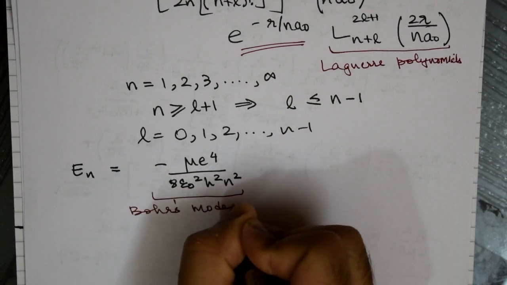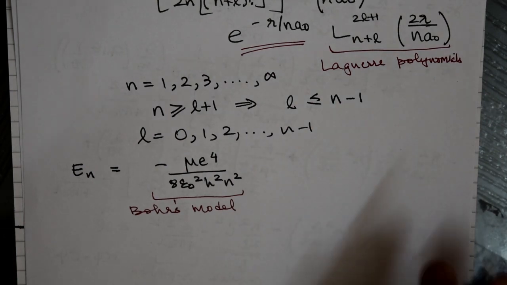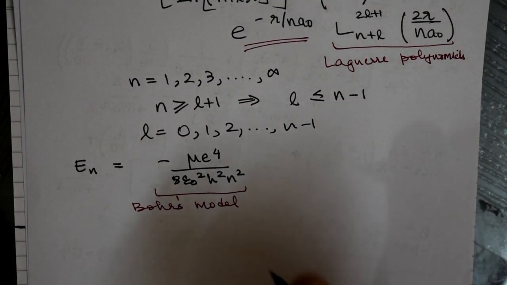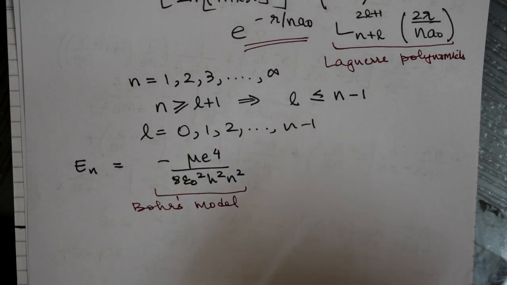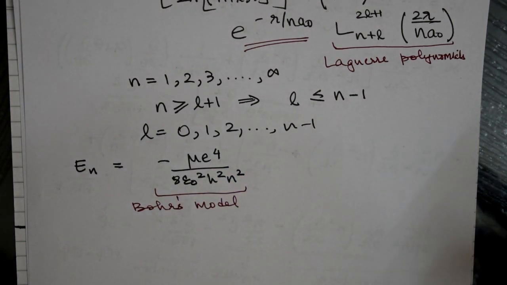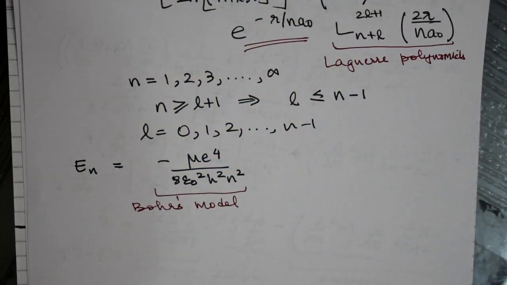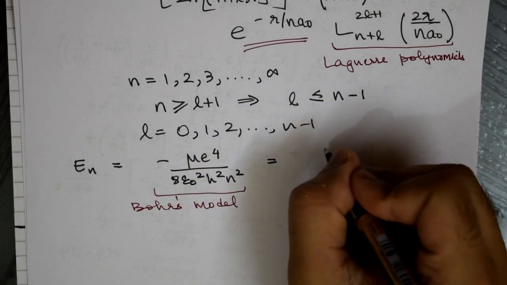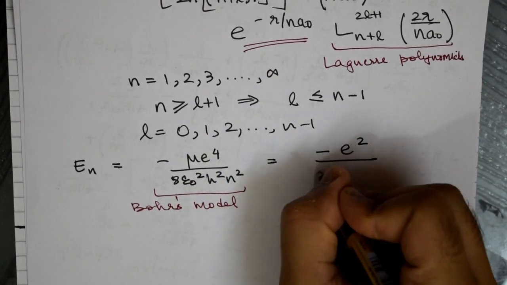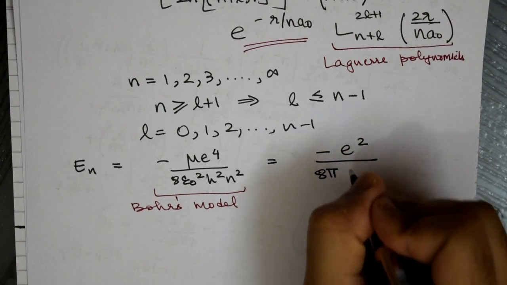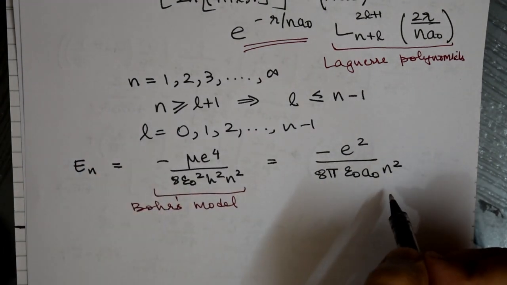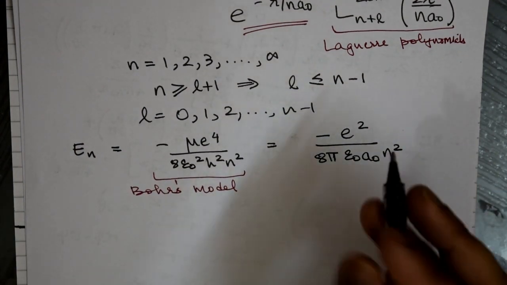If you might remember, the Bohr's model was nicely able to explain a lot of concepts of how atoms behave, and that's the same thing that comes up here, which indicates that although Bohr's model has had its own limitations, we are able to appreciate the fact that it is already able to pick up the energy for a given quantum number. This can be rewritten as minus e squared divided by 8 pi epsilon naught a naught n squared. So basically energy still goes as 1 over n squared.